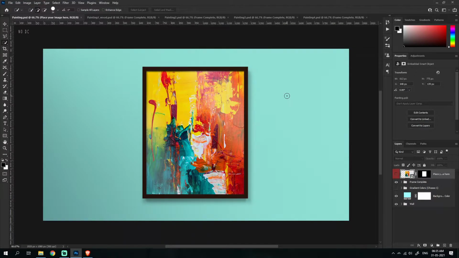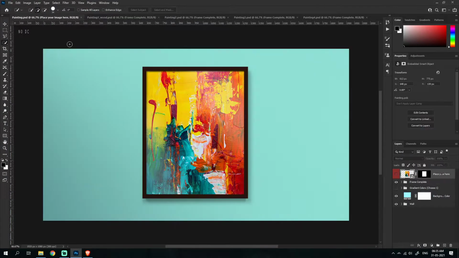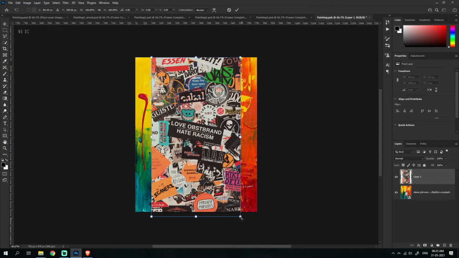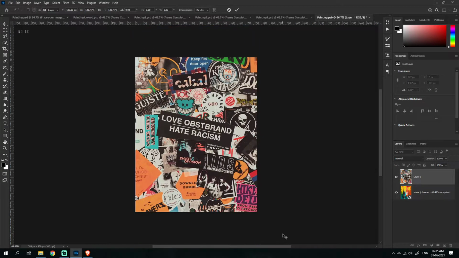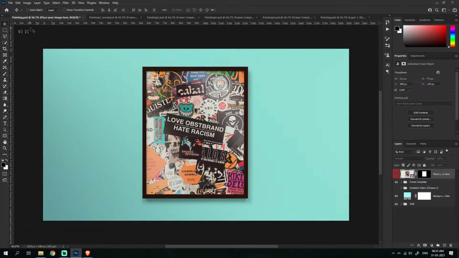The painting mockup pack, which is completely free, comes with 5 PSD files. Here you can see the files, and each of them will have a screen section, or the painting section. Just double click on the smart object, add anything you want in here, scale it to the size, save it, and then that will be shown in here.